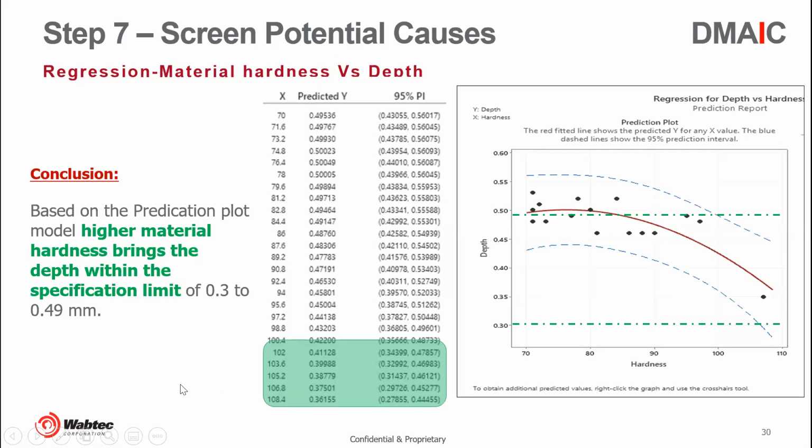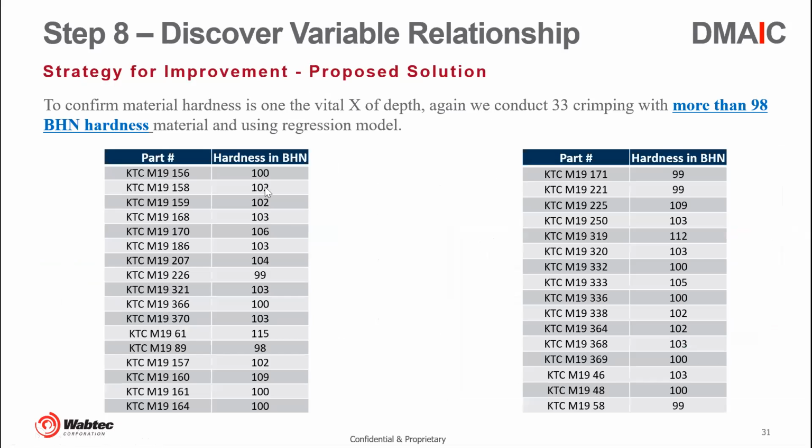So as we go higher in the hardness, the depth was getting controlled between 0.3 to 0.49. So this was the negative correlation we saw between the hardness and the depth. Thus, again, we did this experiment particularly for the conrods, wherein we had seen it is above 100 to 103,